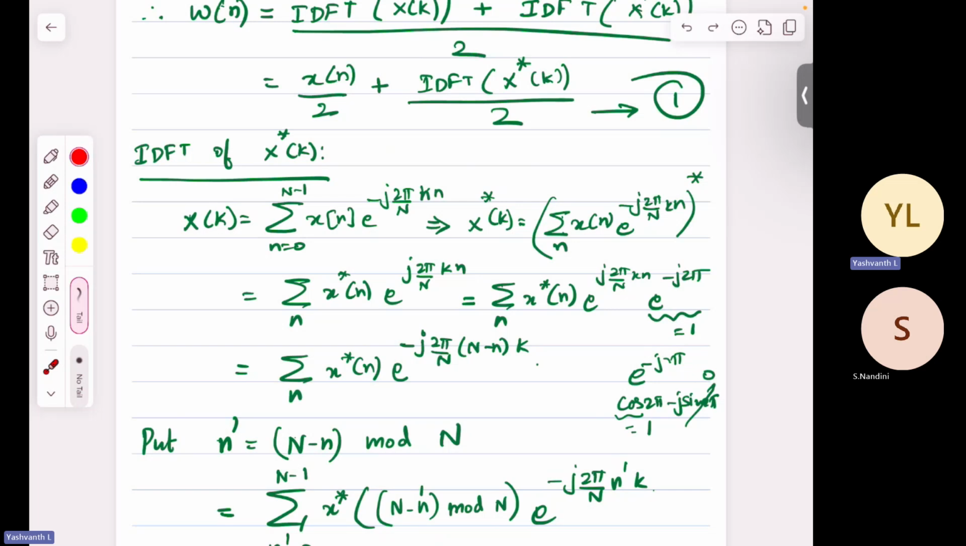Okay. Therefore, what you will get is summation over n x conjugate of n into e power plus j 2 pi by N into kn. Okay, because minus becomes plus because you have taken the whole conjugation on both sides. But now you see this becomes plus, right? Now again I need to bring somehow minus. How do I bring? This is nothing but into 1, but 1 can be written as e power minus j 2 pi. Why? Because this is nothing but